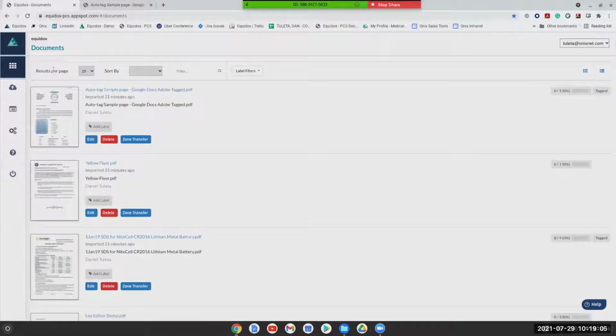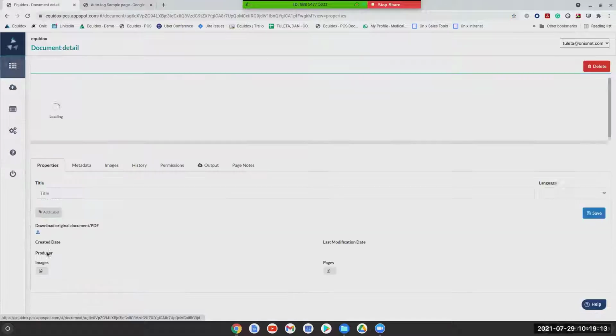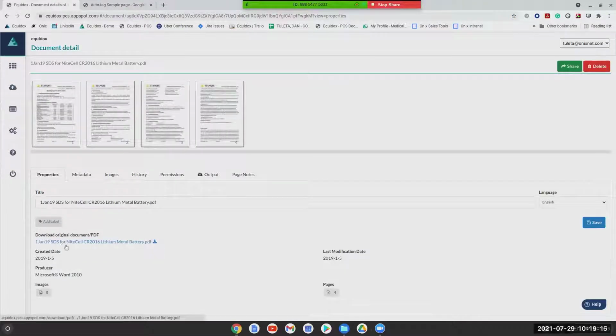Now, I also want to take a chance to explain the difference between a document like that, which was previously auto-tagged, to a document like this, which actually came from Microsoft Word 2010, in fact. And this is some sort of template that this company produces on a regular basis.